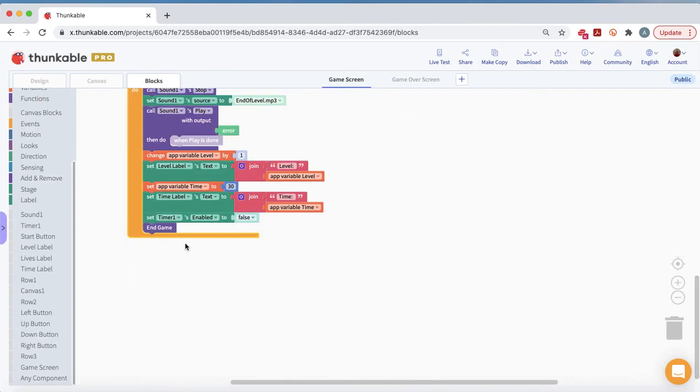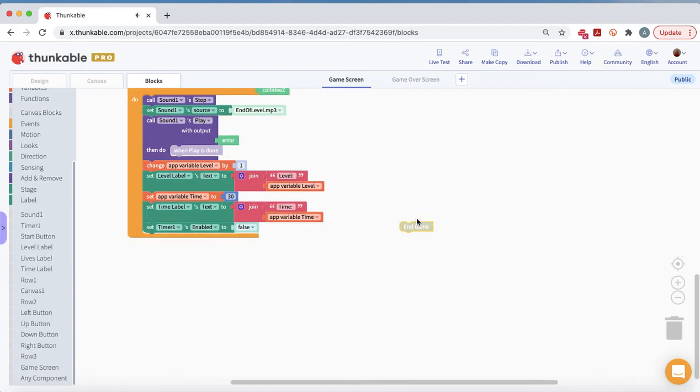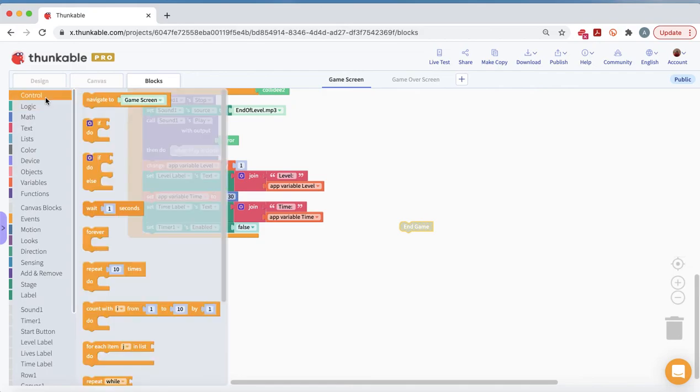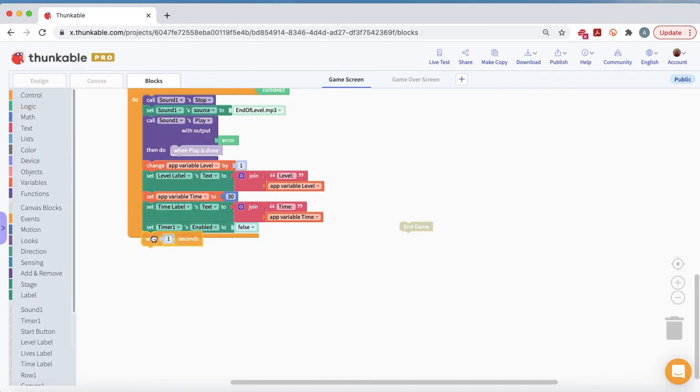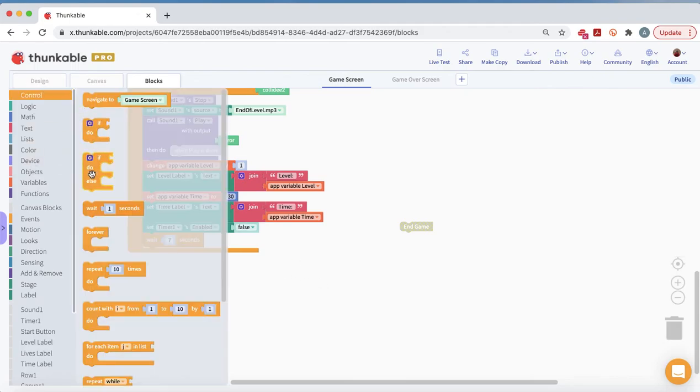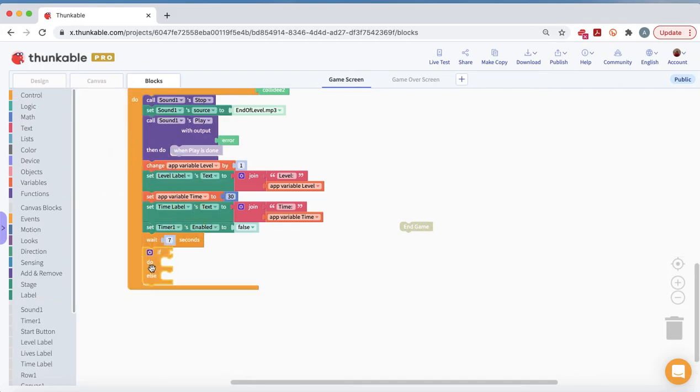So I want to redo the end here. So, oh, you know what, we're missing one important thing. I'm sorry, I don't have to go back and do this in the other video. We need a wait block. It should wait 7 seconds so that the music will play correctly. And let's see here, we're going to add an if do else. So if,